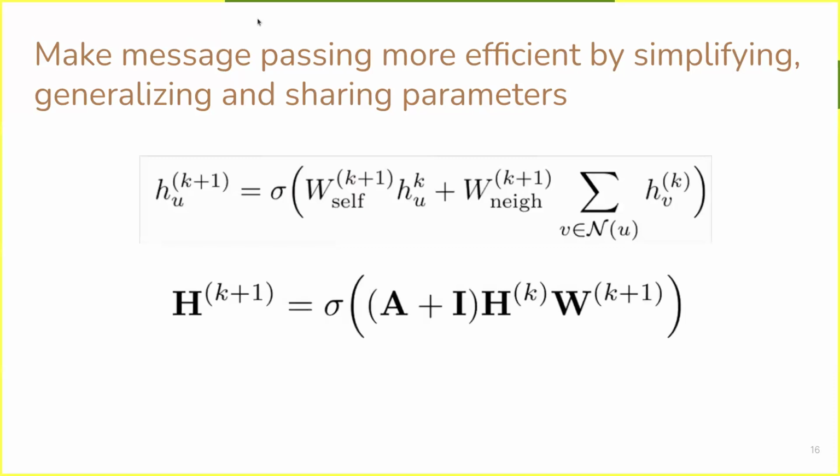So in order to do this, we combine the W self and W neighbor,